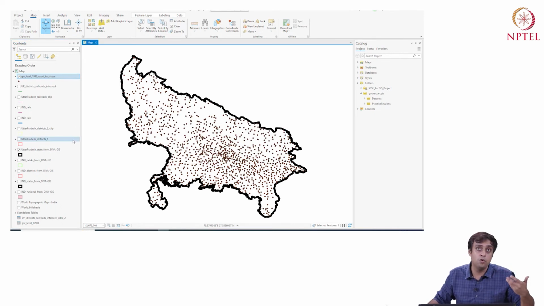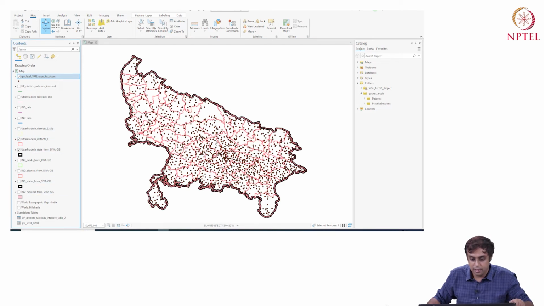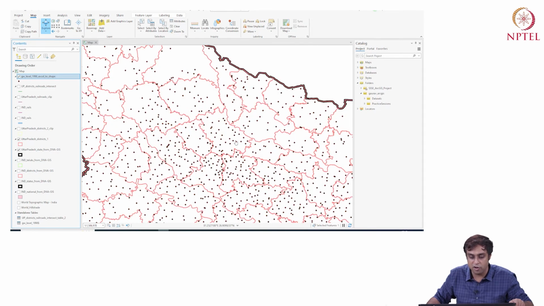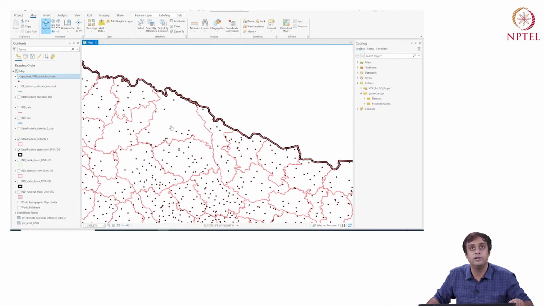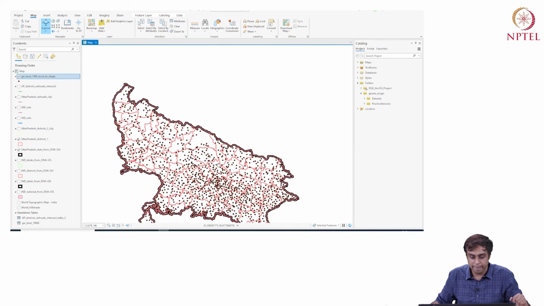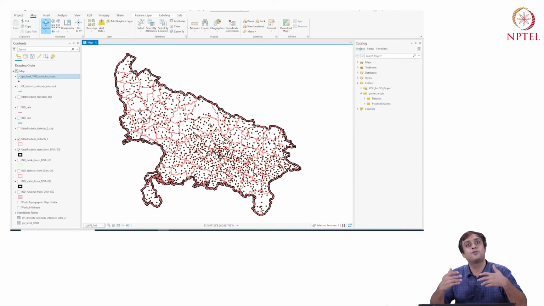Now I can also view which district has which data. So I can go and check the districts file. Here we go. We can see that some districts have a much higher density of monitoring relative to some northern districts. Maybe these are hilly regions, remote areas. It's not possible to put wells or monitor them. It may be very costly, and hence you may have a lower density of wells in those regions. It could be a research question to ask why some districts are sampled more aggressively than others.